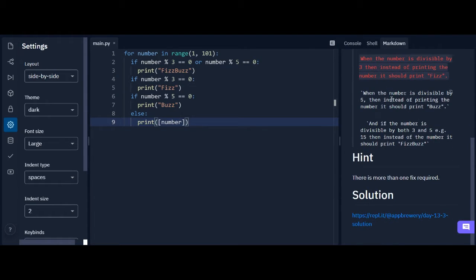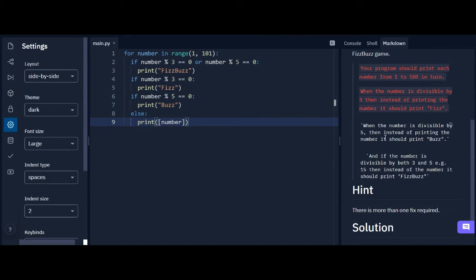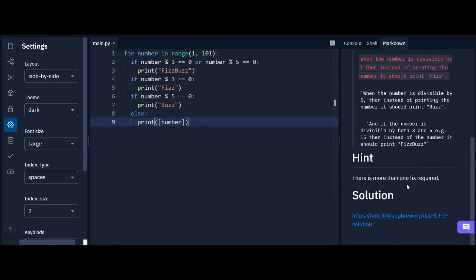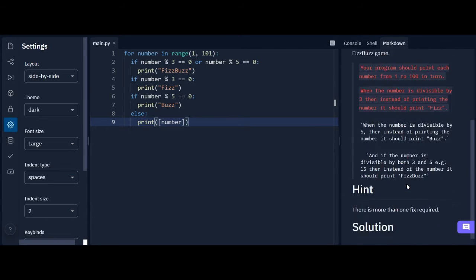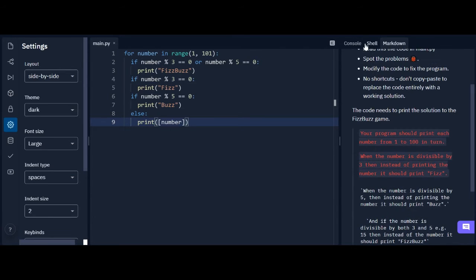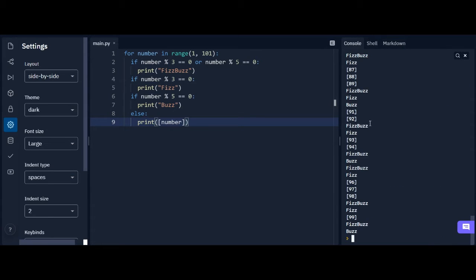So what is the problem? When the number is divisible by 5, it should print buzz. So it's okay, right? But when the number is divisible by both 3 and 5, it should print fizzbuzz, and if it is divisible by 3, then it should print fizz. Okay, so everything is okay, but the problem is that the code will run, but what the problem is when I'm running it, see